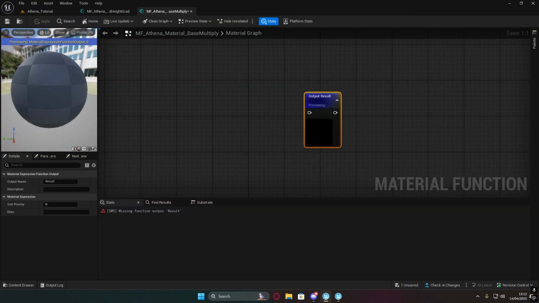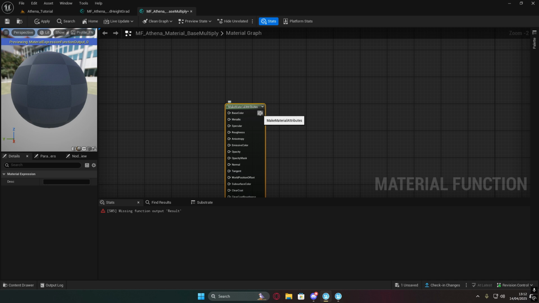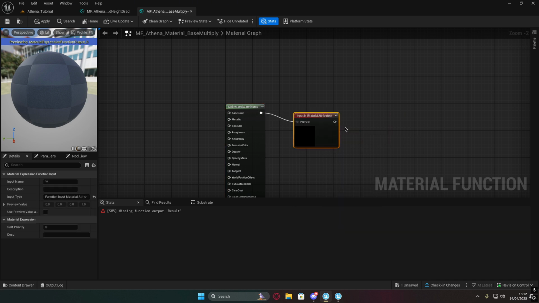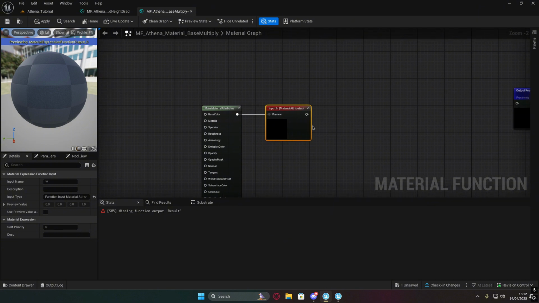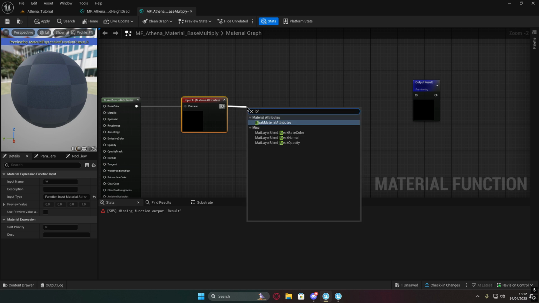Now in this one, we are going to get first a make material attributes, and then we're going to get an input from here. So an input of material attributes, just left called In. So it's like so. And then we're going to get from this a break material attributes,